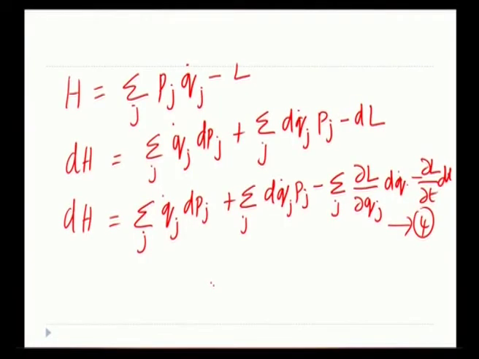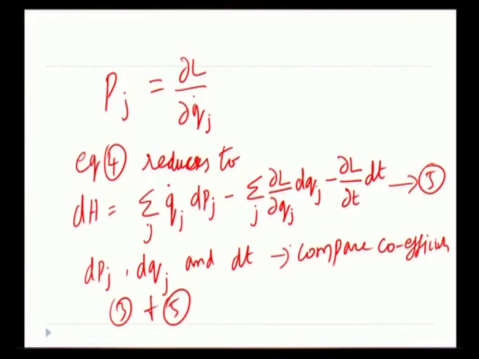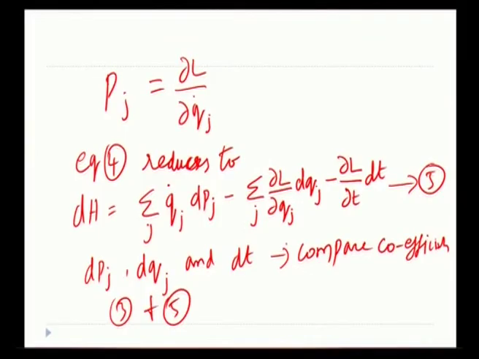After that we went to the exact definition of Hamiltonian function. Then we applied again the variation of Hamiltonian to that function. We got equation 4. Then we went to the definition of momentum of the jth particle in terms of Lagrangian. That gives Pj is equal to dou L by dou Qj dot. Substituting this, equation 4 reduces to the form equation 5. Then the comparison of coefficients takes place. This step is very important to get the Hamiltonian's equation.